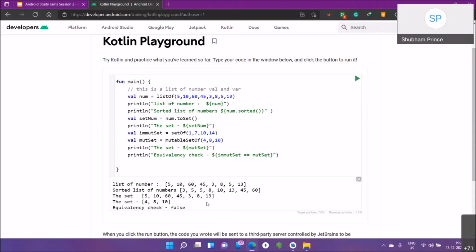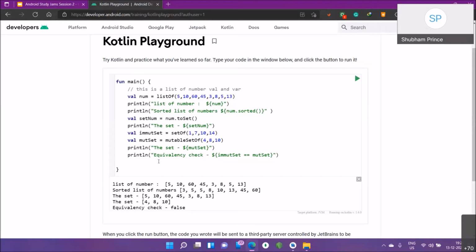Now why are we really interested in collections? Till now, I don't know if you have gone through our previous units and practiced something, so you will come across some of the loops.